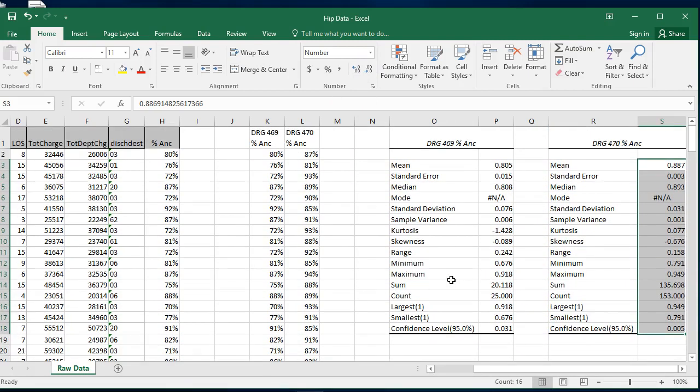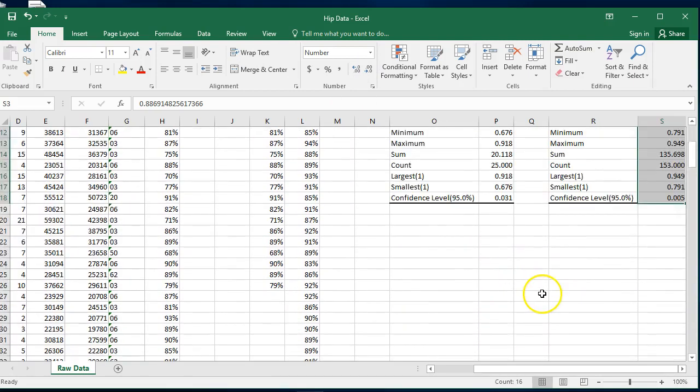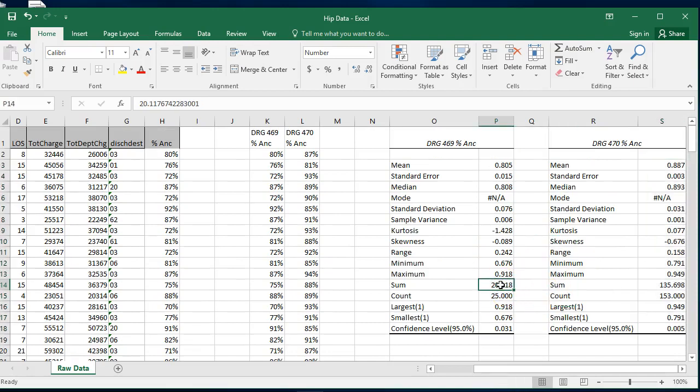So now what we do is remember we're looking at the mean for each, the average. So we want to take the average and our average for our DRG